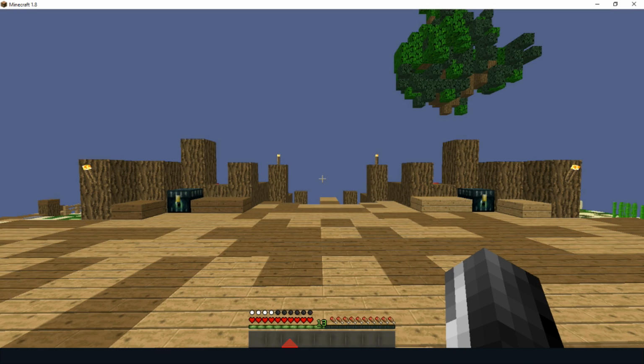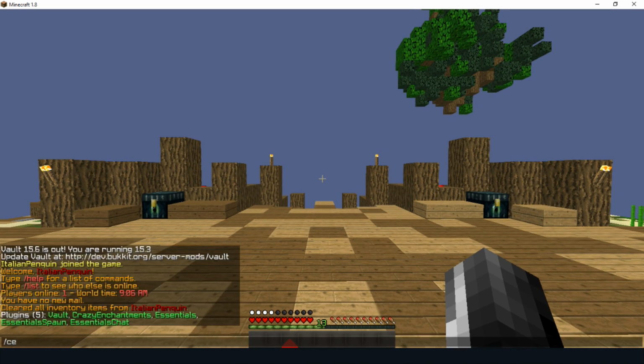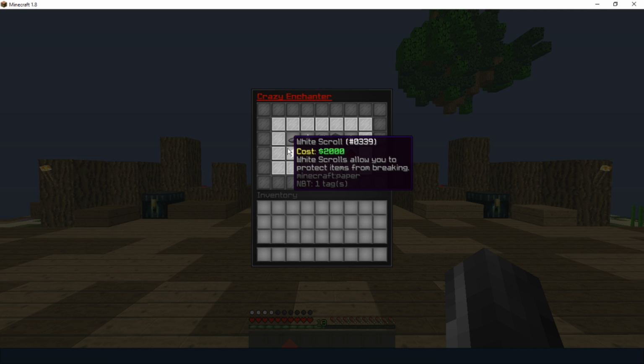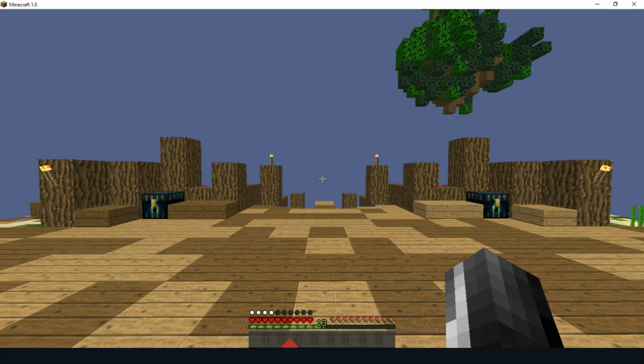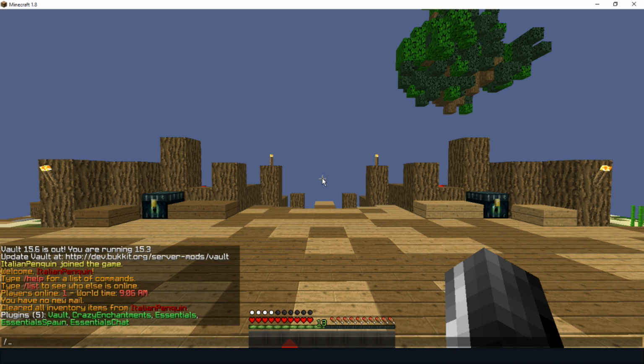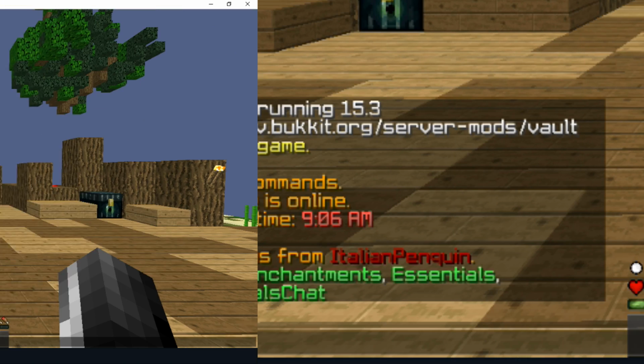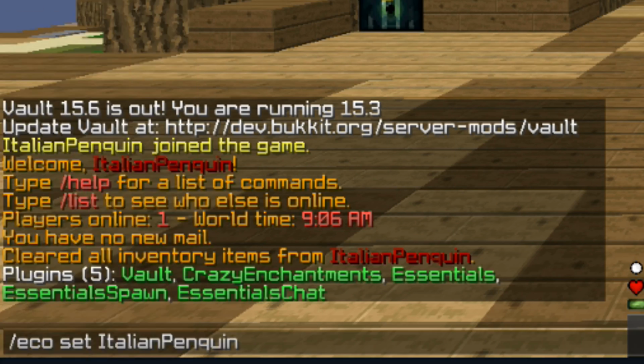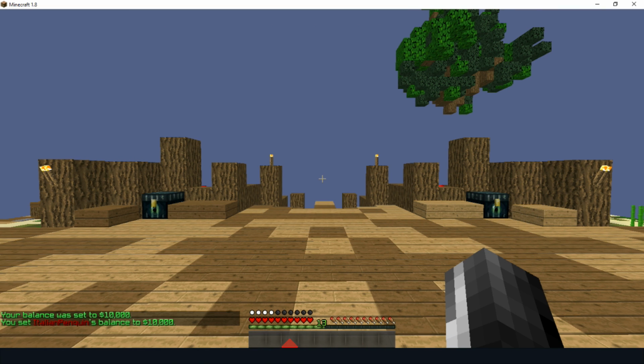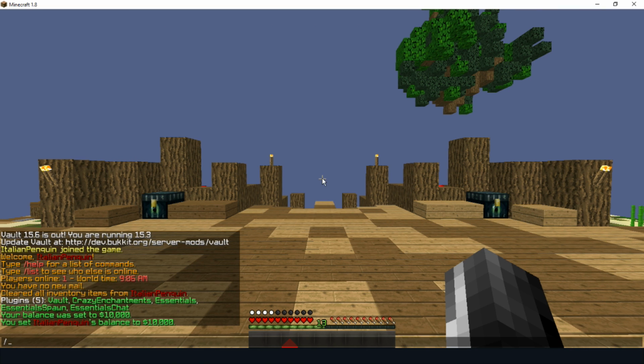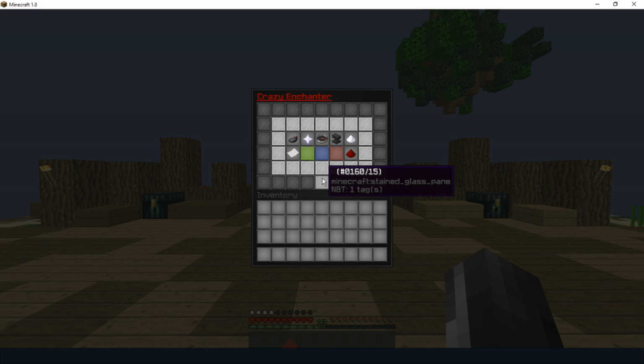The reason why you need the Vault plugin is so that if you do /CE, it says it costs $2,000 or $1,000. Vault is a currency plugin. So if you do /eco set, then your name, and then the price, I'm going to put $10,000 into my account. Now if we do /CE for custom enchanter,